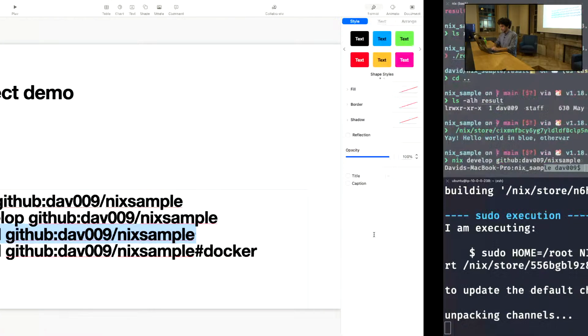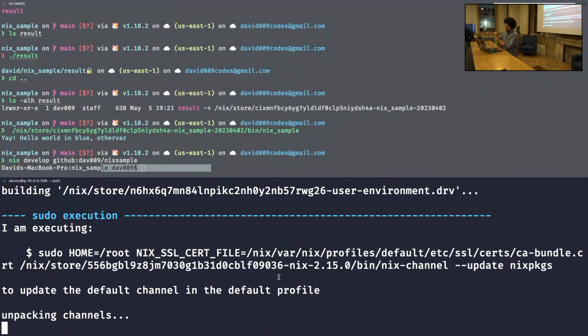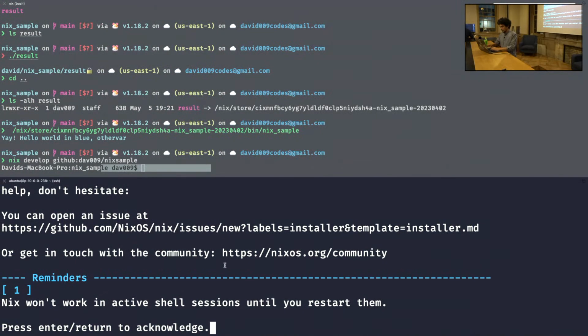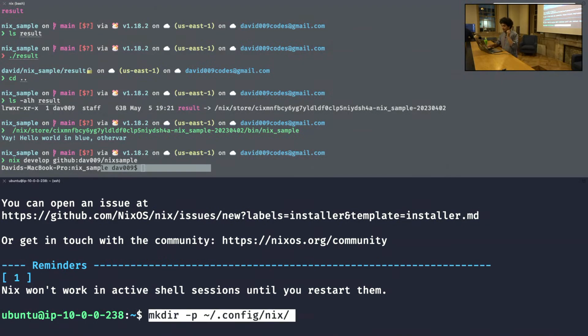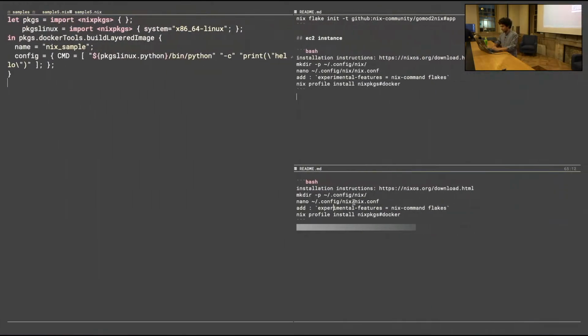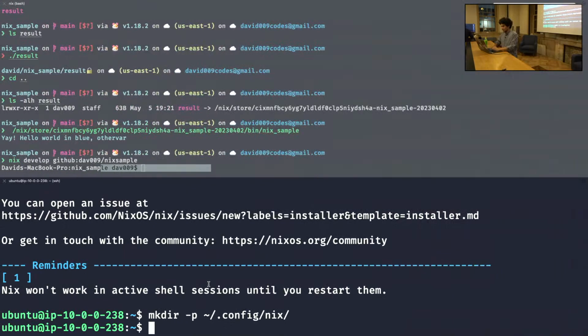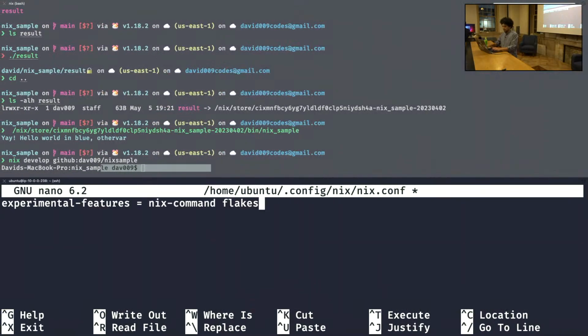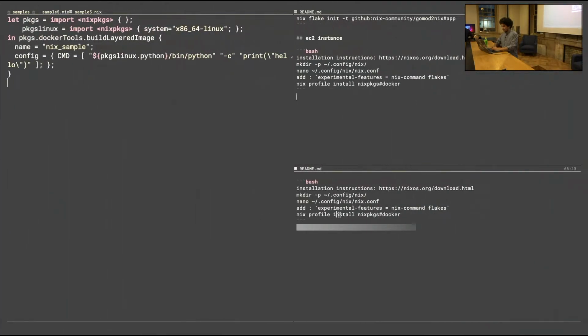Maybe I'm gonna run this at the beginning. Oh, first I have to do one little thing. This is the only thing you need to do when you first install Nix. Aside from running those instructions, which is a single line command, you need to create one folder. Yeah, just enter, I agree with that. This is just creating a folder, which is some basic Nix configuration. And I'm gonna create a file over there and add this line. This is the only thing that you really have to do. And then if you do,